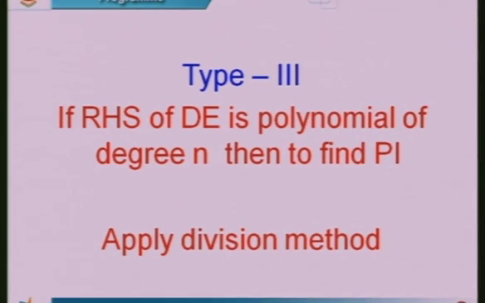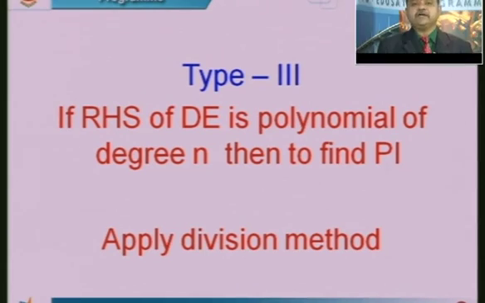There are two ways. For type 1 and type 2, in all the books you can find the same form that I said, but for this one more method is there, the binomial series method. In that you have to take the coefficients properly. For example, d square will come in one or two places, and d in one or two places in the expansion. You have to take it properly, otherwise you won't get the complete solution correctly. But in this division method, that difficulty will not be there.